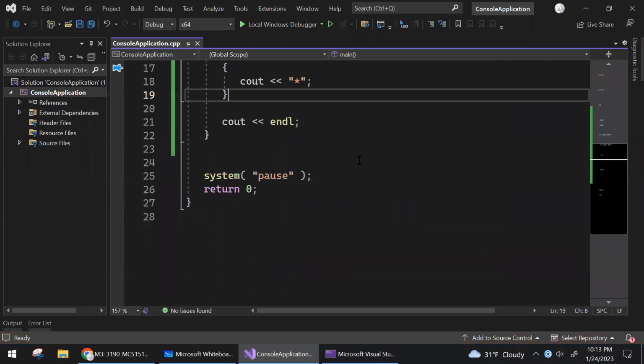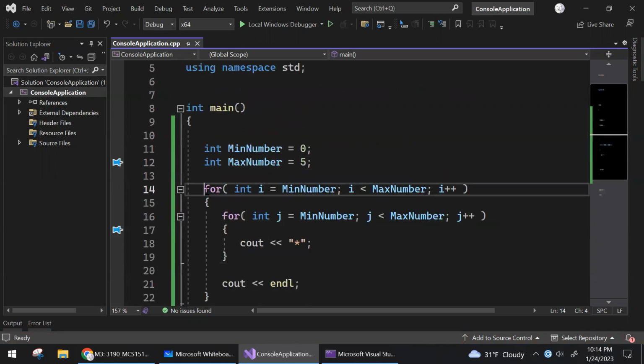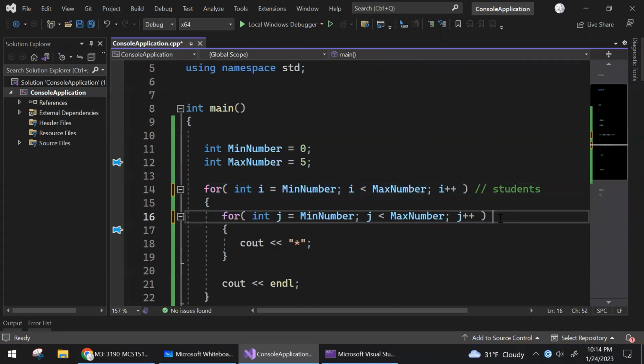Nested loops are important to access 2D arrays, anything that is 2D. For example, you have an array of students where each student has an array of grades. For example, in this course, we have test 1, midterm, test 2, final. For each student, we have 4 tests. So you can imagine it as the outer loop is iterating students, and the inner loop is iterating tests for